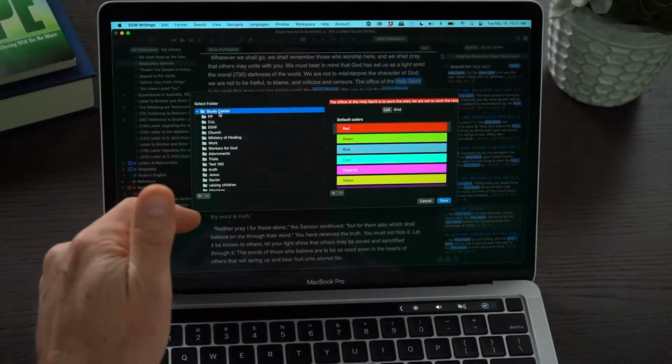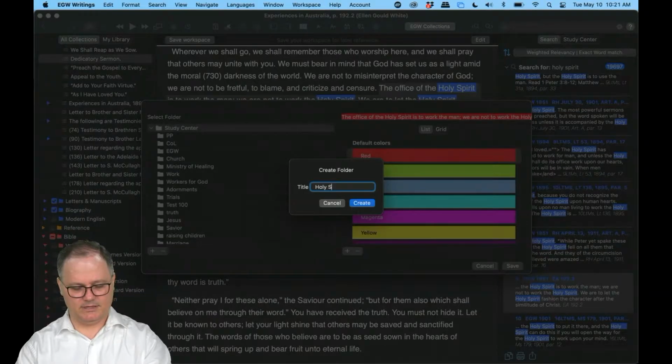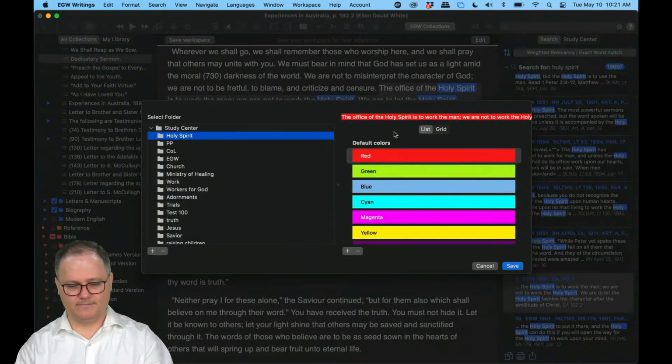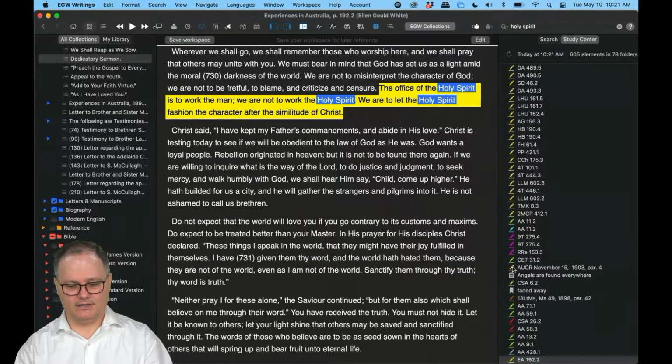So I need to come up here, select my study center as my root, and then I type here Holy Spirit, and then I click on Create. Now it's selected. Good. Now, this time I'm just going to select the default color. I'm not going to create a custom color. So I select yellow for Holy Spirit for light, and I click Save. Now I've created a new folder called Holy Spirit,